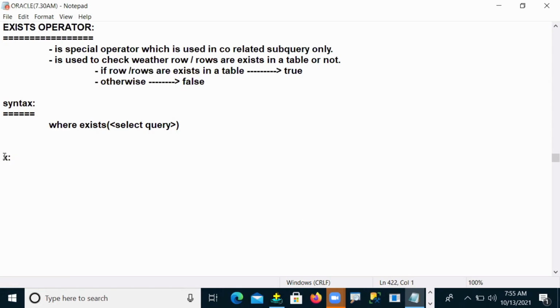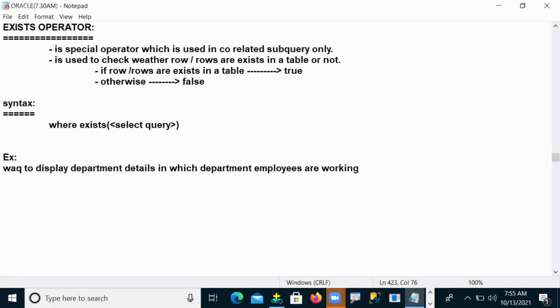Our example is: write a query to display department details in which departments employees are working. Those department details I want.